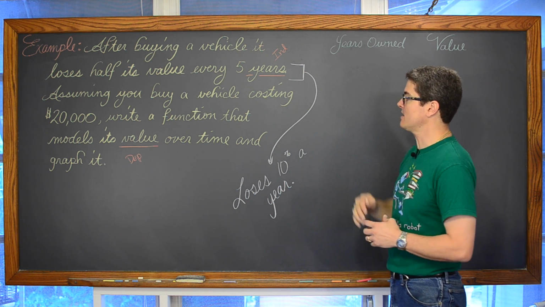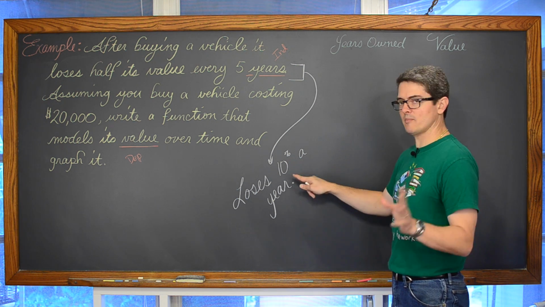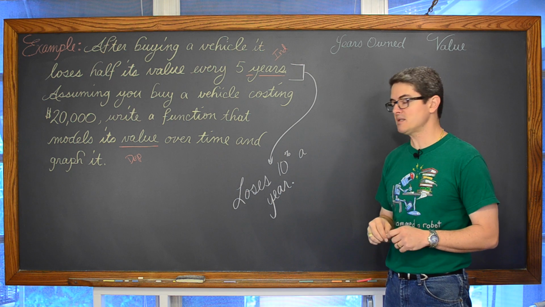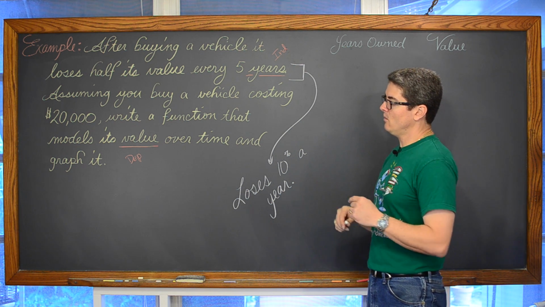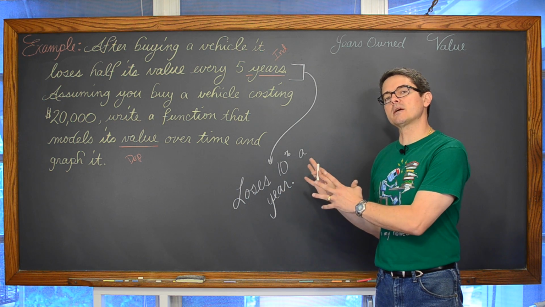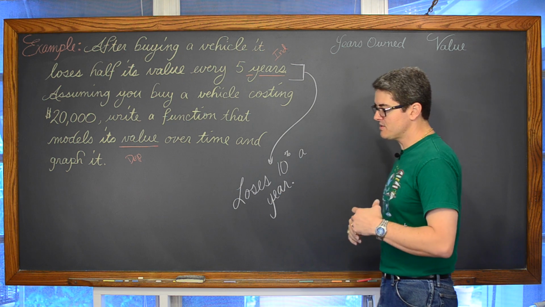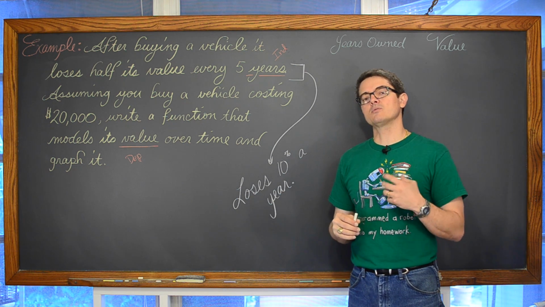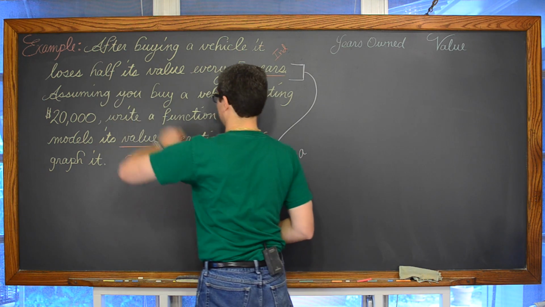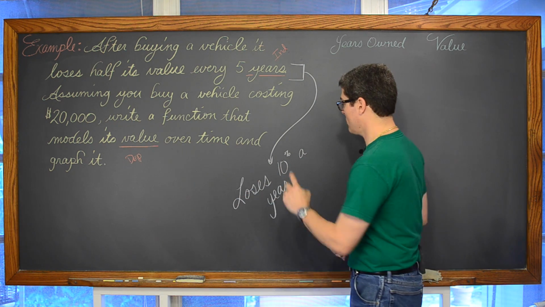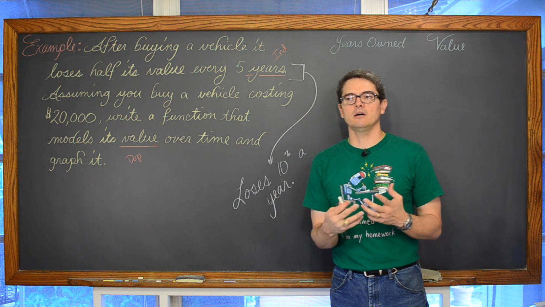So that kind of complicates the problem just a little bit. So I want to change it to "temporarily loses 10% a year." Now, what's going to make me think that this is exponential growth or decay as I read this problem? It's because we are not constantly adding or subtracting some kind of value, but we're taking half of something, or in the slightly reworded version, we're losing 10% of something.